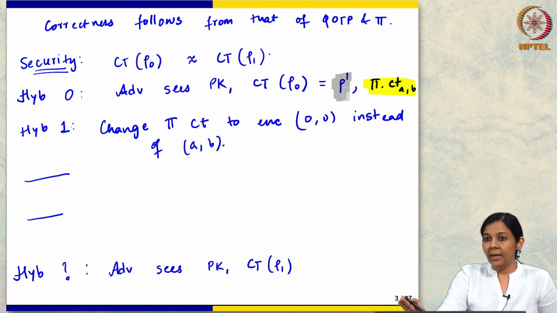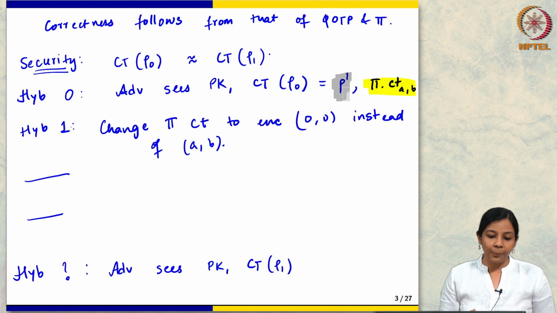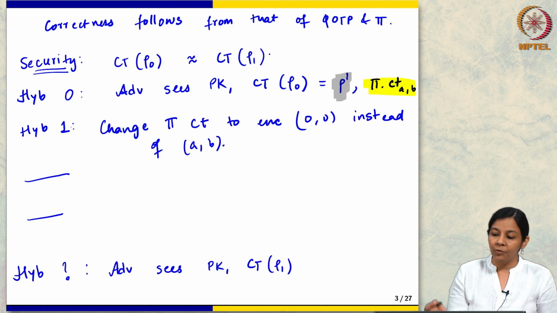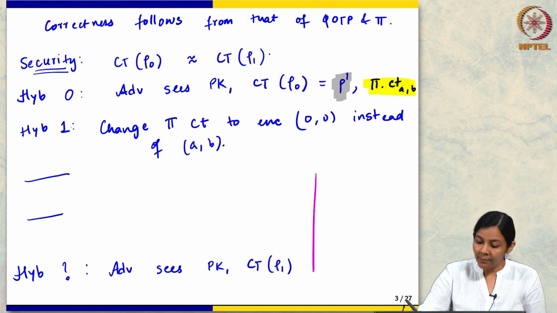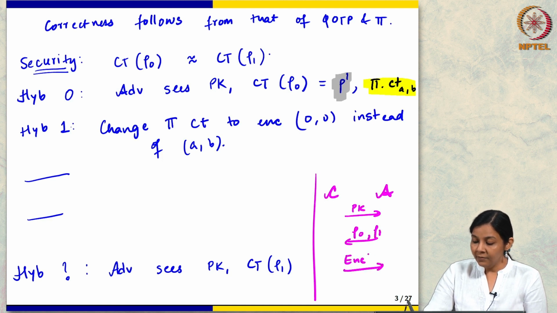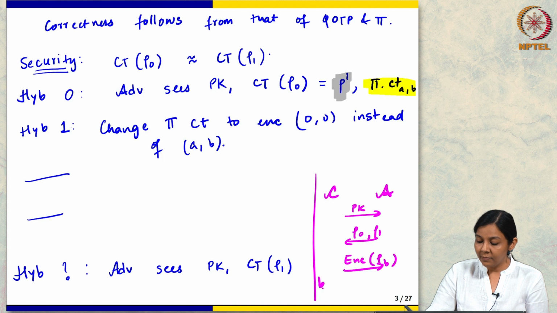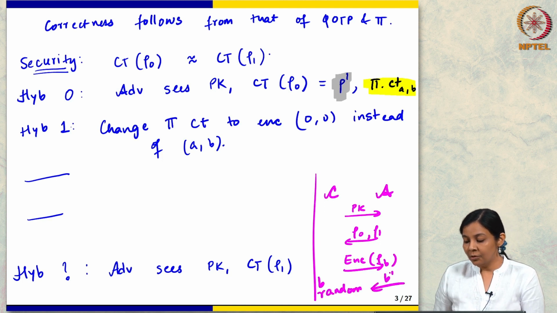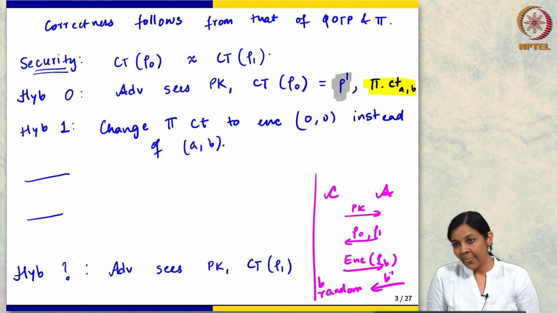In the security game, since we have spent time on these security definitions before, I did not want to spend too much time on it in class again, but remember that this is the game. There is a challenger and an adversary, right. The challenger gives the public key, the adversary gives rho 0, rho 1, and the challenger gives enc of rho sub b, where b is a random bit. Okay, and then the adversary outputs a guess for b. So, what you are saying also does not work.